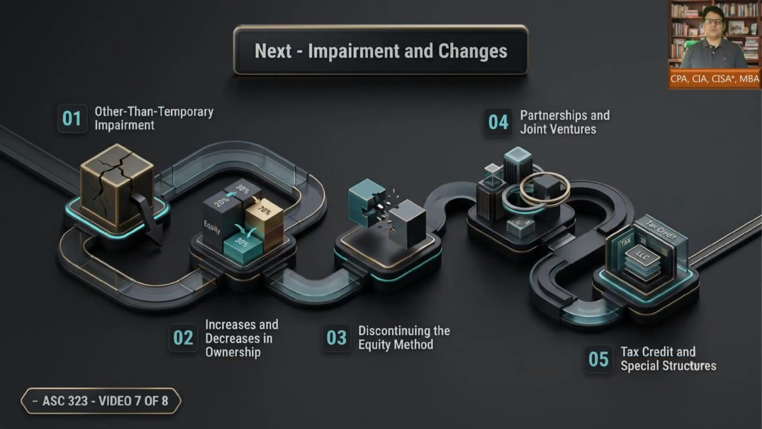In the next video, we move to impairment, ownership changes, and special structures. We will study other than temporary impairment, increases and decreases in ownership, discontinuing the equity method, partnerships and joint ventures,